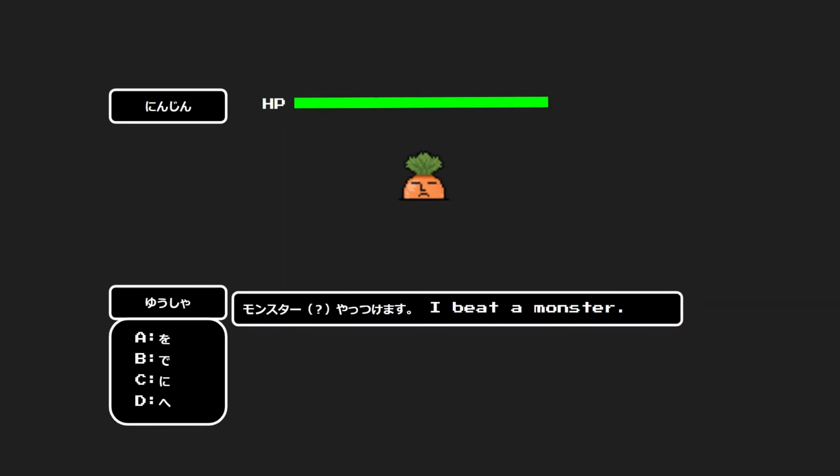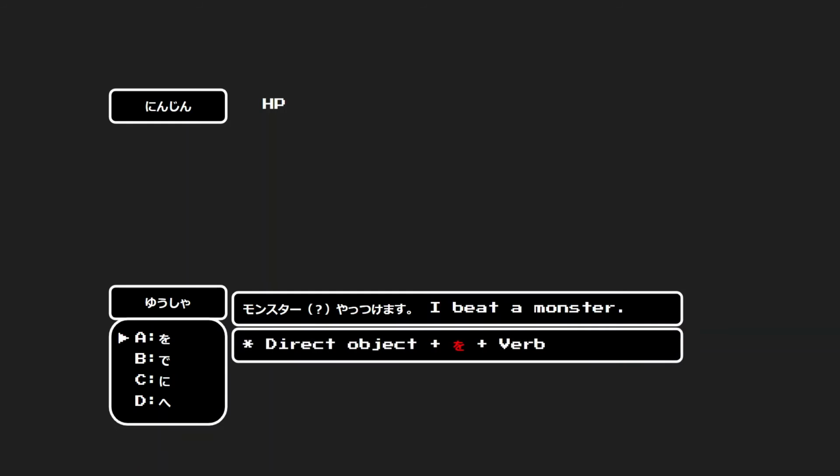Now we have the 人参 monster, the carrot monster. The sentence is monster やっつけます。I beat a monster. Which particle do we need to beat the monster? The answer is を. Monster をやっつけます。Because in this sentence, we have a direct object and a verb. Direct object, monster, and then the verb to beat. Monster をやっつけます。